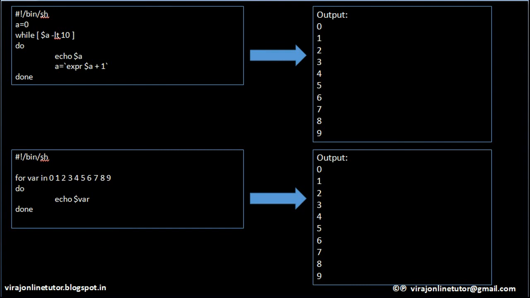Now in the next lecture we will see what are the different loops which are supported in shell scripting. Loop is nothing but a construct wherein you can evaluate a block of code n number of times. You can keep on evaluating it n number of times. So that is what loops are in shell scripting. What are the different types of loops which are supported in shell scripting, that we will see as part of the next lecture. Thank you.